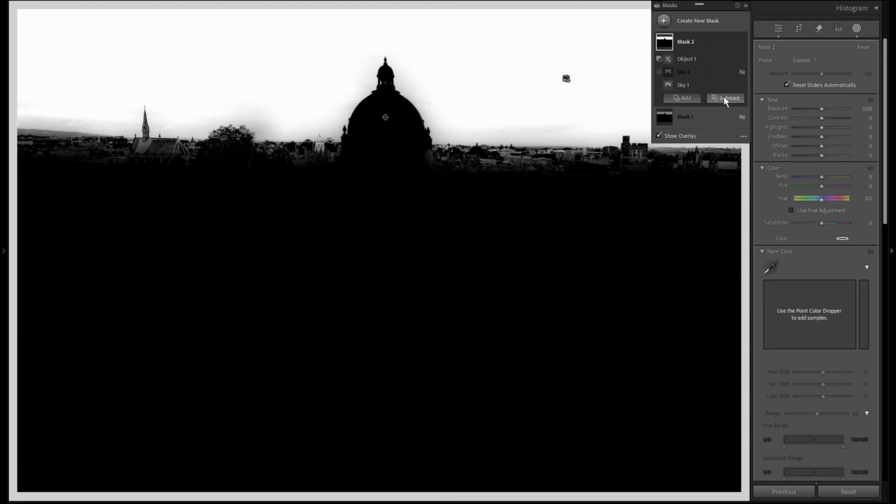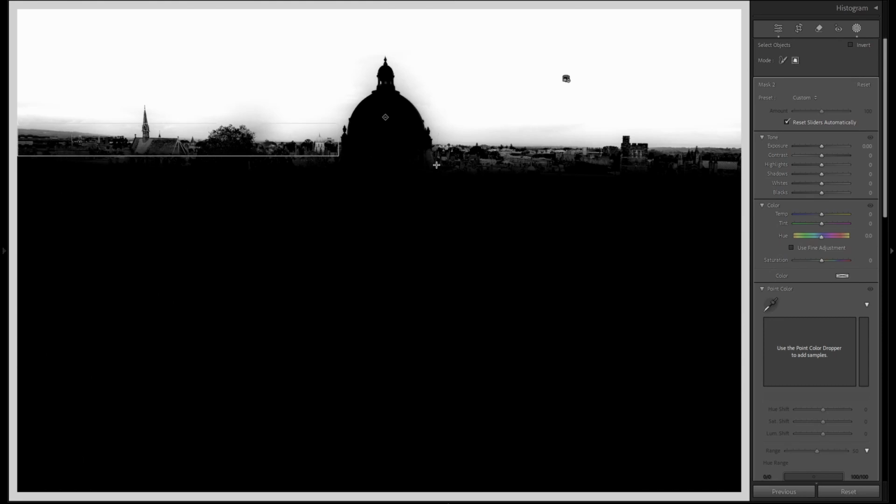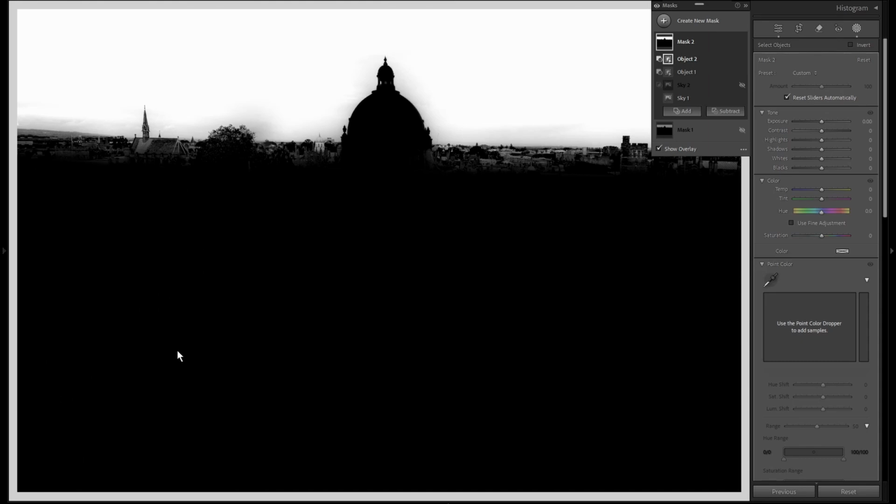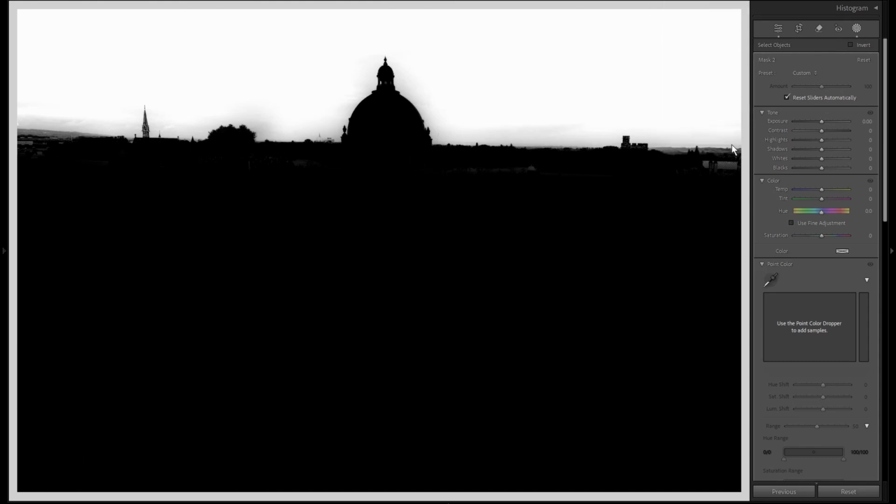So subtract object, we'll go along the horizon like this and see what that produces. Well, that's not done a bad job. It's missed a bit here, but it has improved the overall mask. You could go in with a brush or try another object, subtract here, and we haven't had too much effect